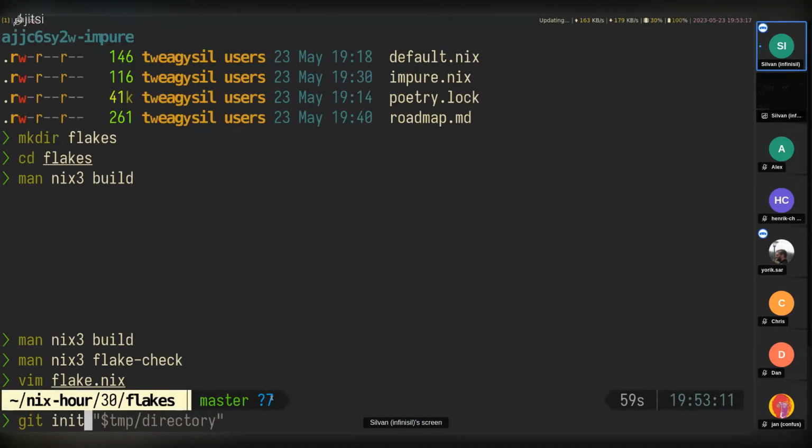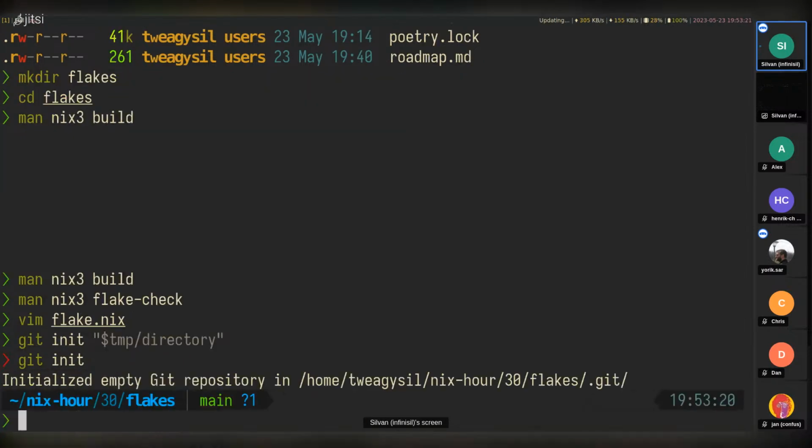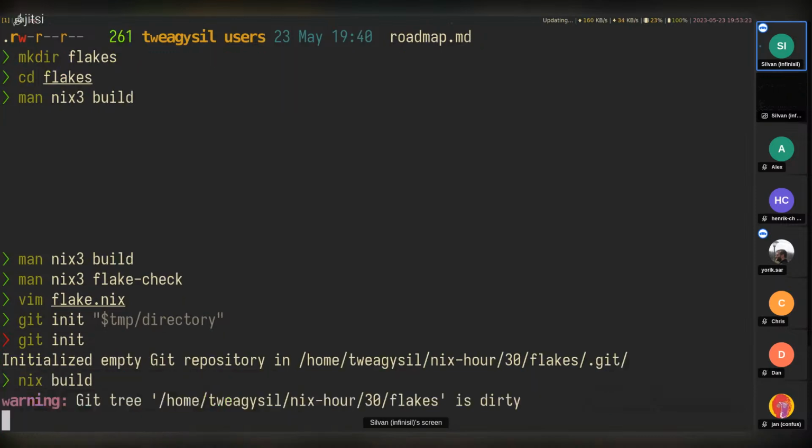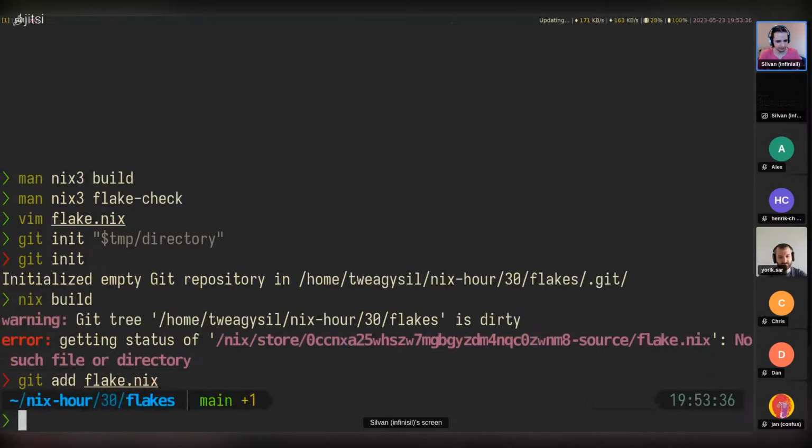We are already in a Git repository, but I'm going to just initialize a new one here. And now try nix build. It says dirty, no such file or directory, so we need to actually add the file to Git. Flakes only exposes Git tracked files. So I'm going to git add flake.nix and then nix build again.